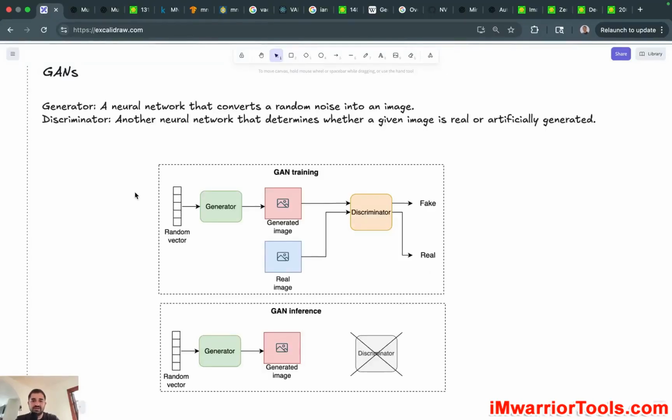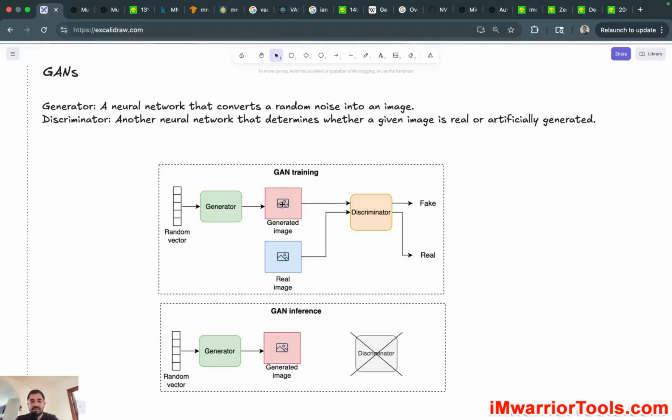Basically, now the idea is that we have two components to build a GAN. One component is a generator, and another component is a discriminator. And again, these are just neural networks. Each of these just has a sequence of layers, depending on what their purpose is. Now, the generator, as the name indicates, is responsible for generating an image. It starts from some random vector, which we randomly sample. The generator, through its sequence of layers, transforms this random vector into some